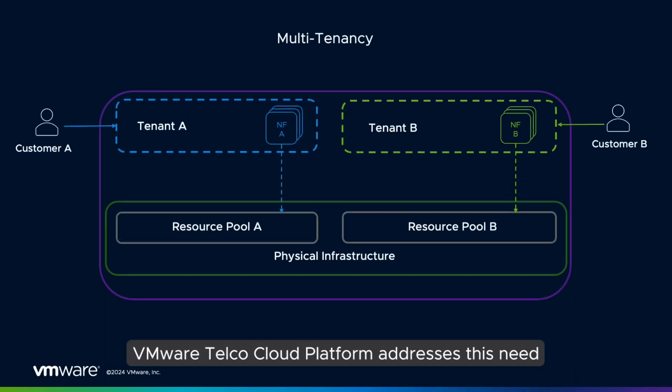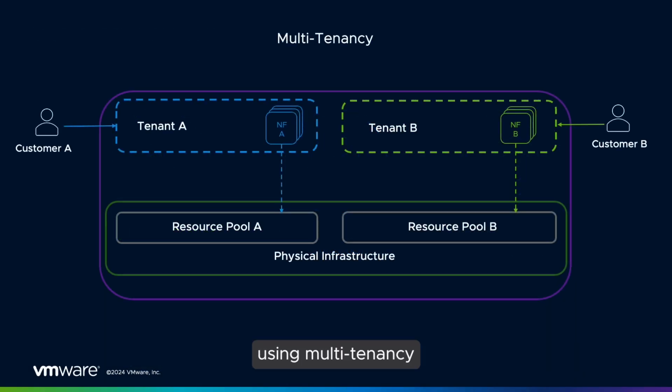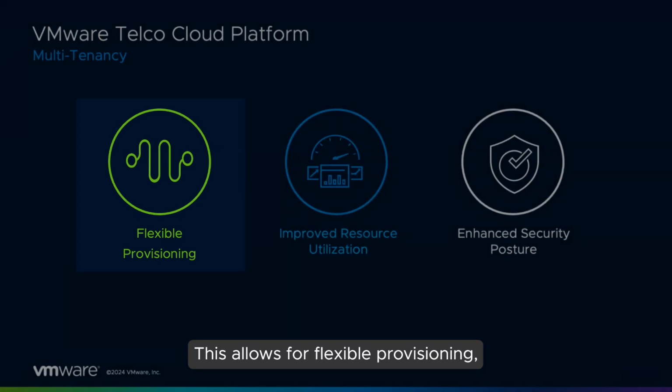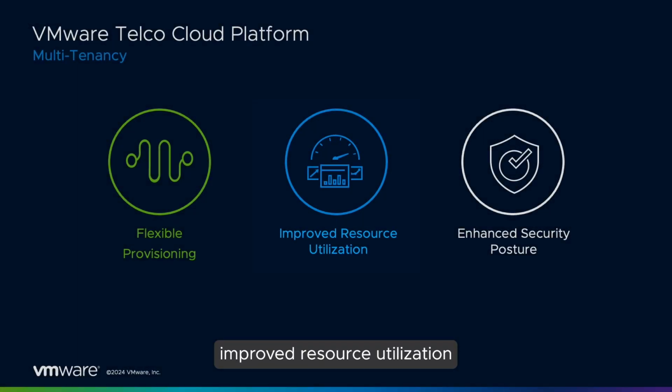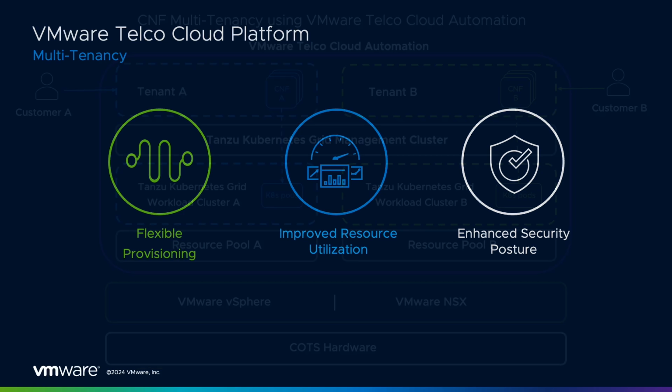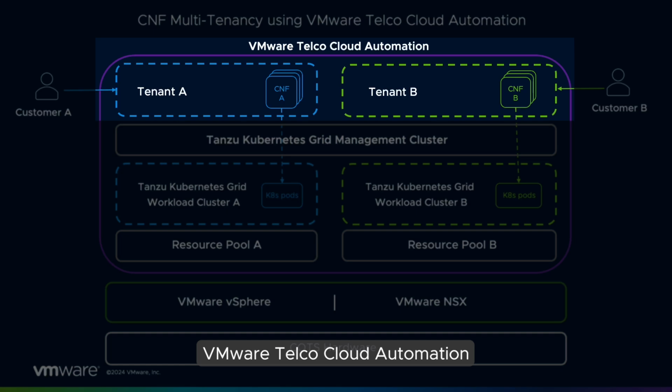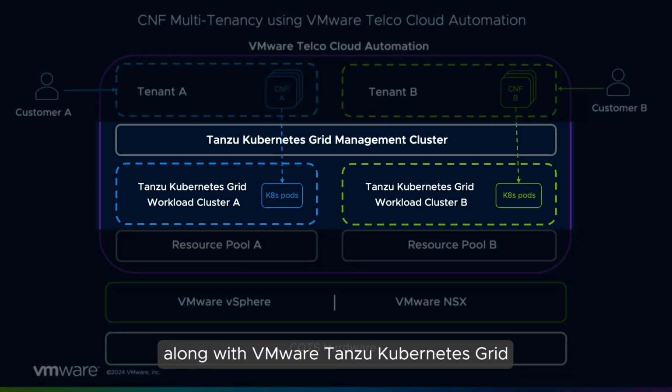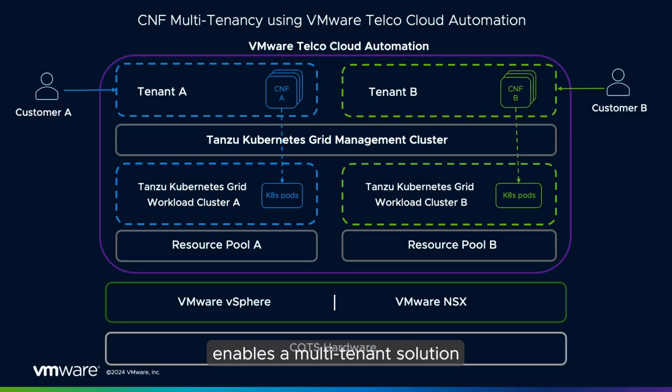VMware Telco Cloud Platform addresses this need using multi-tenancy by allowing CSPs to spin up unique services for each customer using the same physical infrastructure. This allows for flexible provisioning, improved resource utilization, and enhanced security posture for infrastructure and lifecycle management of CNFs and VNFs. VMware Telco Cloud Automation, along with VMware Tanzu Kubernetes Grid, enables a multi-tenant solution for CaaS infrastructure management and